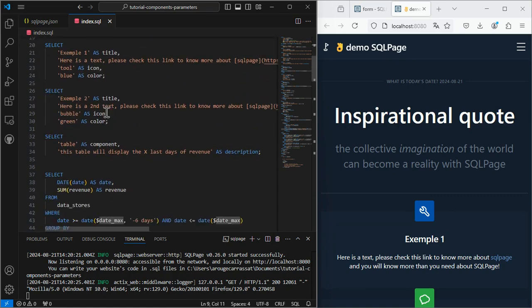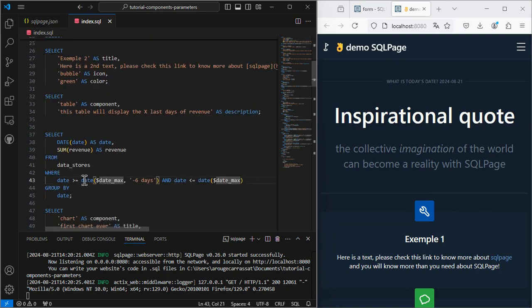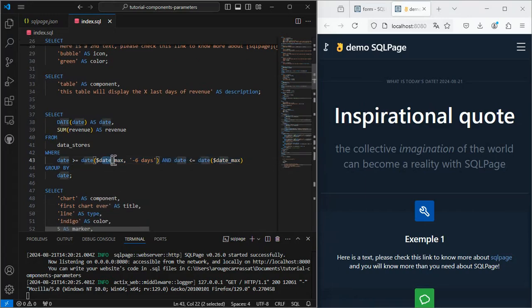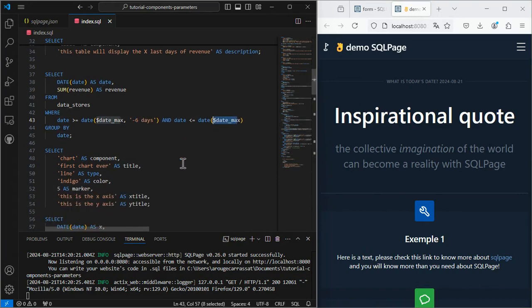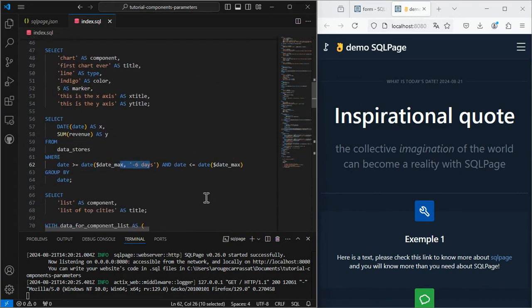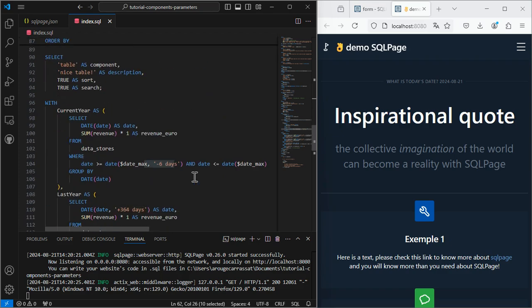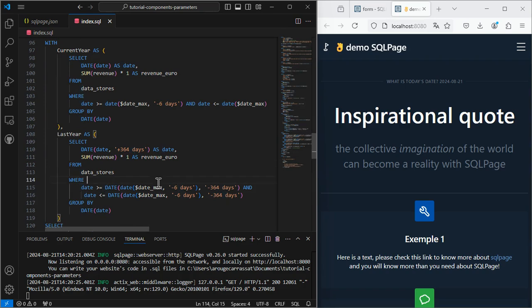DateMax is declared, and within all the row level parameters, so basically the queries that feed our chart and table components, we can use this dateMax. So dateMax minus 6 days and dateMax. Same here. Same here for the nice table that we have, where we use dateMax rather than hard-coded values.